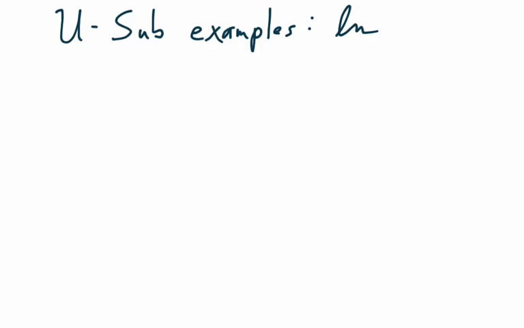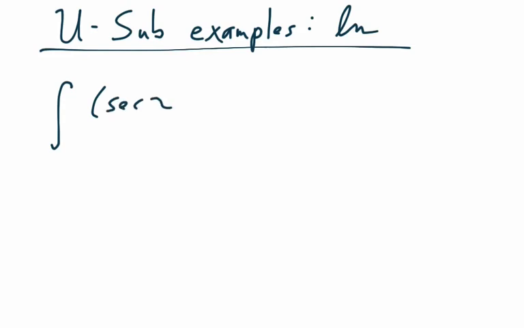This video is going to be a short one with some use of examples involving natural log. So let's go ahead and just get started. The first one we're going to do has some trig in it, which is not something we may have seen yet. So let's say we have secant squared x in the numerator, and then in the denominator 1 plus tangent